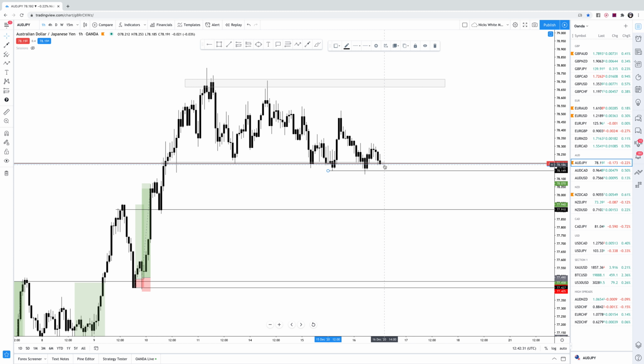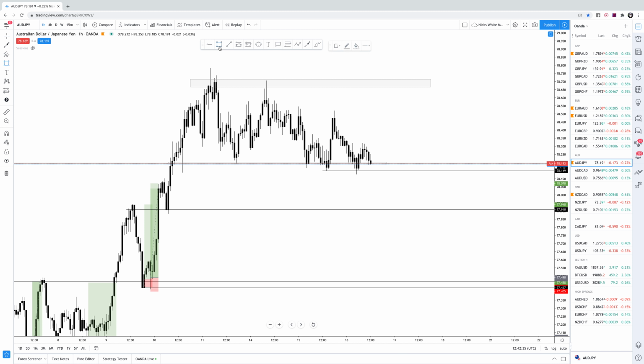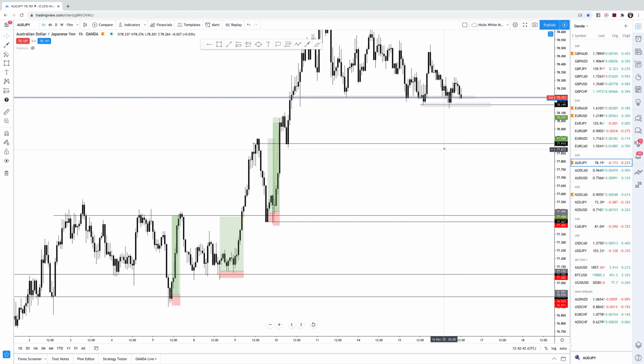So I'm still going to be looking for potential buys, but I'm not going to be as quick to pull the trigger. We do have this new sub support level forming right here. So it's like, I don't know. When stuff gets sloppy like this, you've got to understand, if price is going to make its move,